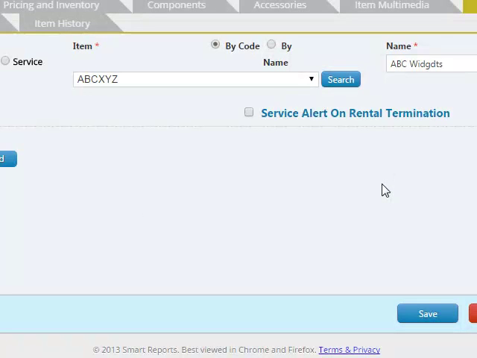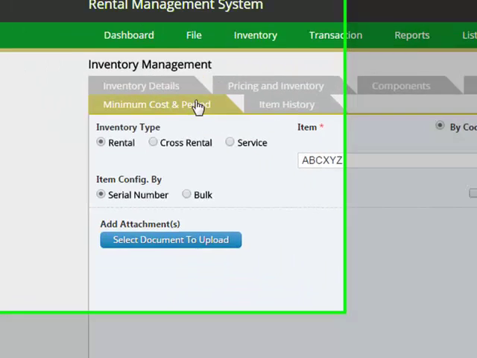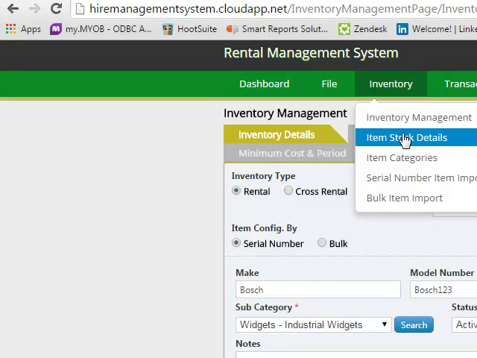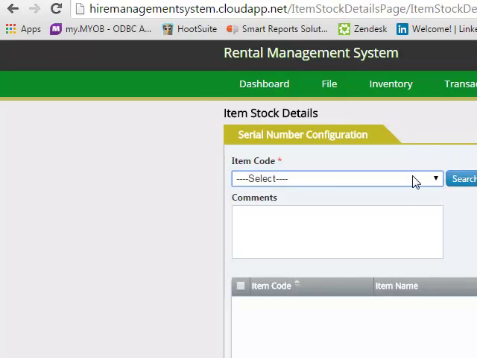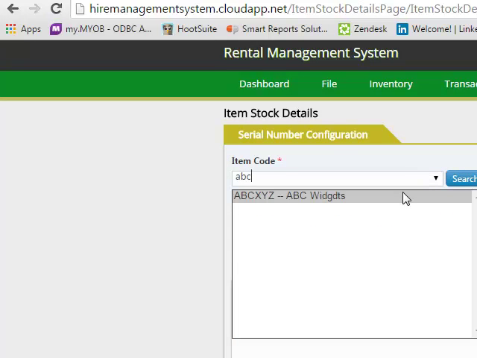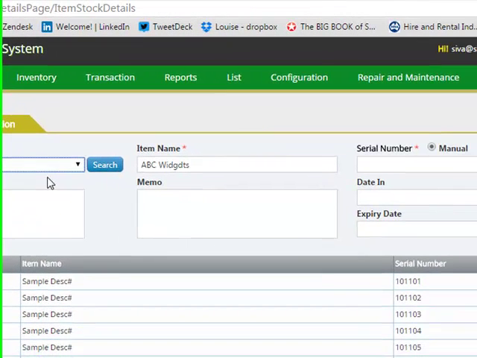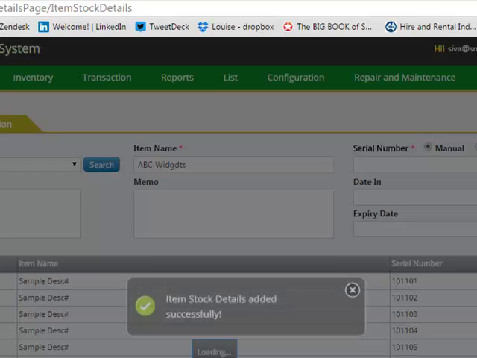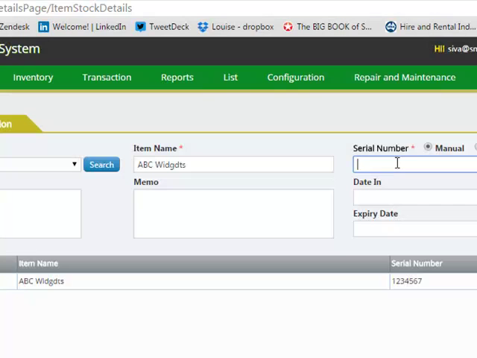Now you may have a number of serial numbers associated with the item, or the item may be a bulk quantity. If it is a serial number based item, leave the serial number option on, and go into item stock details. Select your ABCXYZ, and then you can manually enter the serial number and then click the save button. So we have created two serial numbers now,